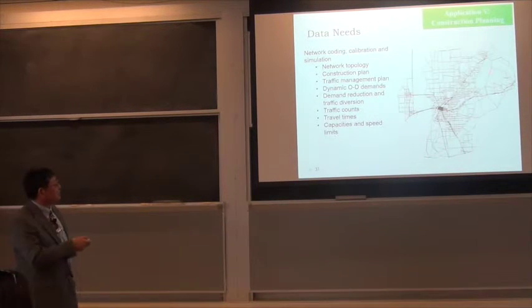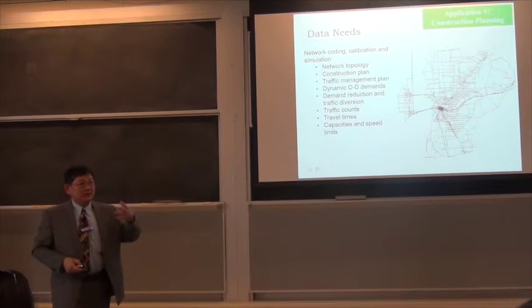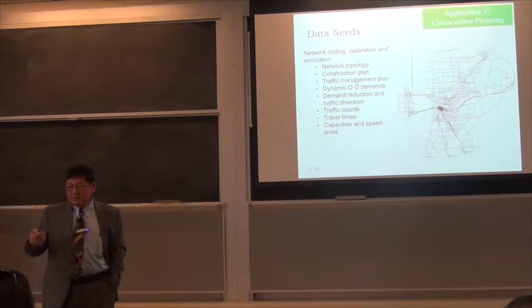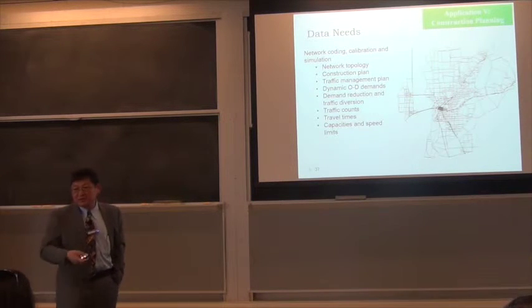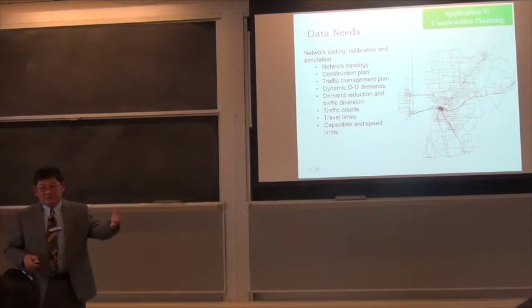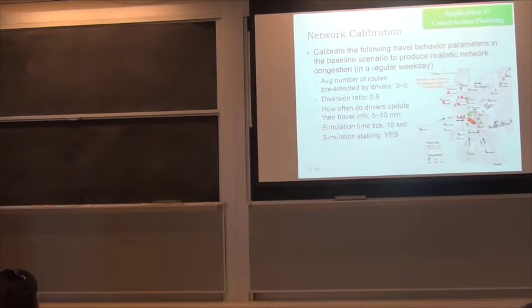So here's how the network looks. We coded the Greater Sacramento area, and here is the stretch under reconstruction. We also collected data from the network, including the topology of the network, what the construction plans are, and different traffic management plans, basically the signal operation, and also the information that the agencies give to people to advise them to take alternate routes and avoid certain areas. And we collected traffic counts, and we ran some cars to collect travel times before the study. And we also collected the capacities and speeds of the roads. So a lot of things that we have to get to model the